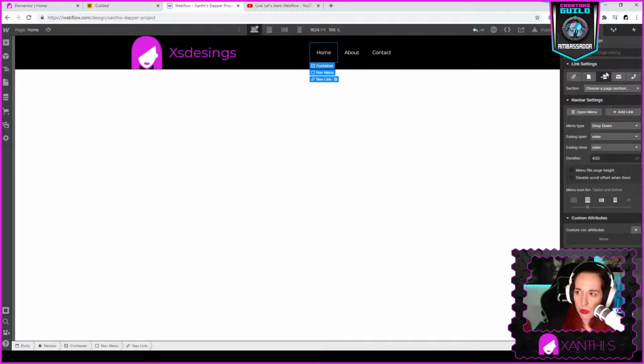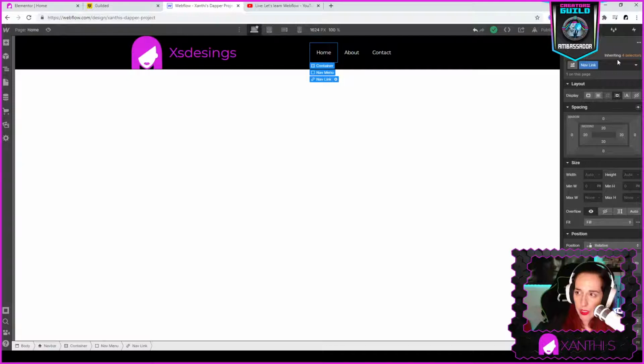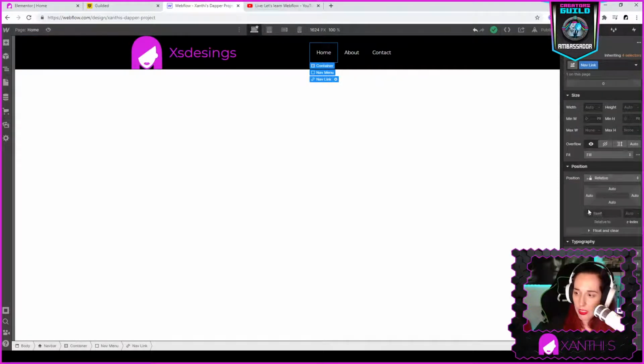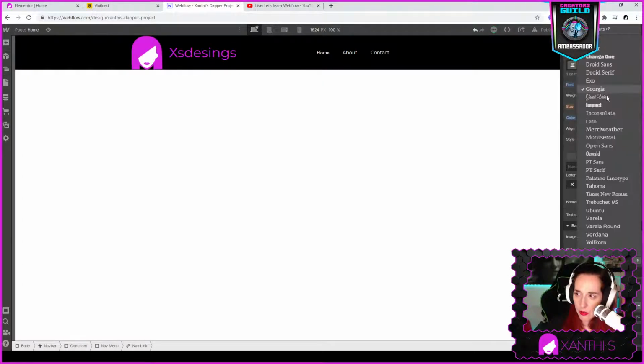But I want to have on hover, inheriting for selections, like on hover to change. Where is that? Typography? It should be here on the typography, right? Decoration, no, italics. No.